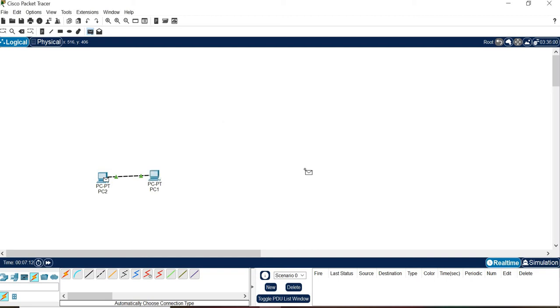After making the configurations, if the message is sent successfully, it will be displayed here, with the status of that particular message, successful or failure. Which source to which destination the message was sent, what type of protocol was used, all the details will be displayed here under this real-time mode. So if you click the